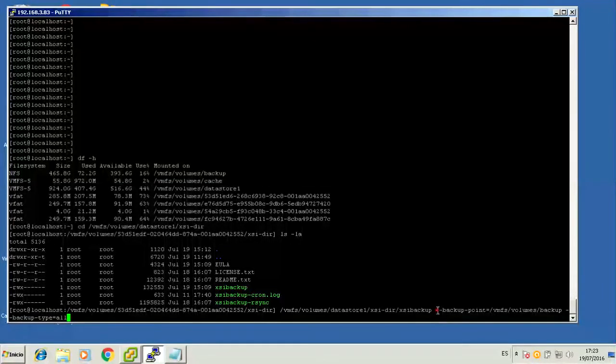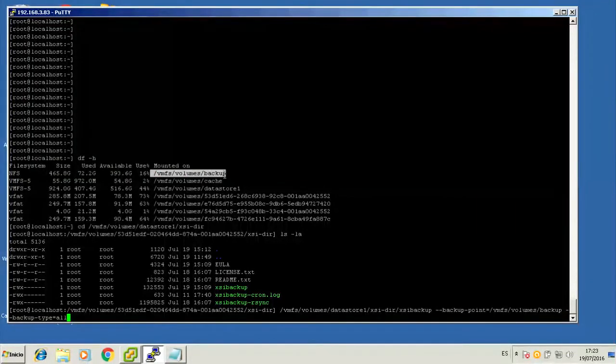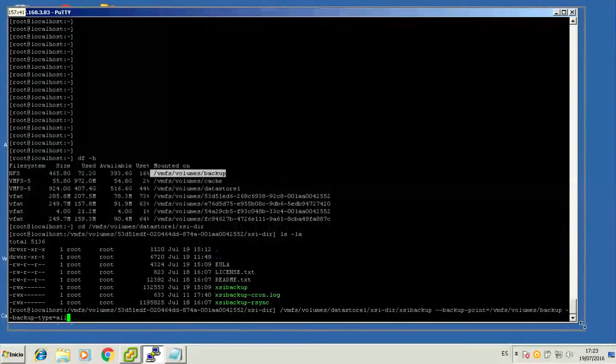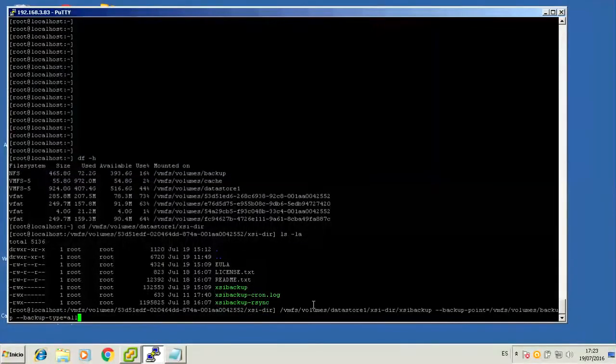We start by calling the XSIBackup executable with a full path, followed by the backup point, which corresponds to the backup data store that we talked about before, followed in turn by the backup type equals all argument, which tells XSIBackup to backup all virtual machines. And now we need to add all the arguments that will allow XSIBackup to send an email report every time